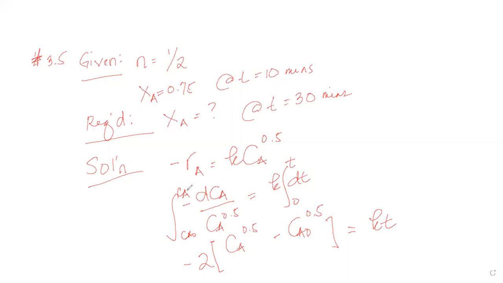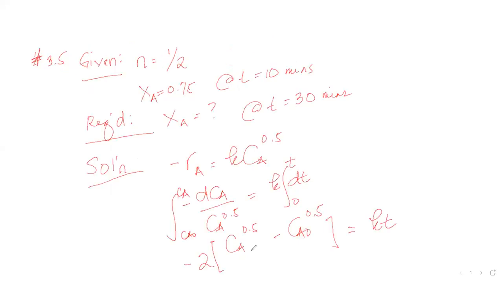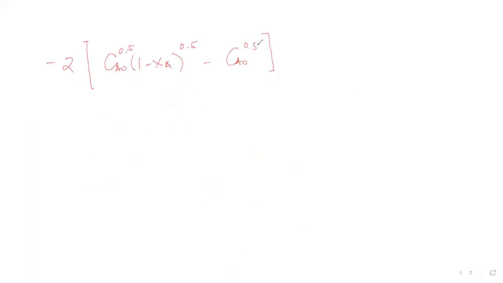Now, since we are given conversion XA, there's a need for us to convert the CA in terms of XA. So we'll go to our next slide. We'll have negative 2. I'll change my CA to CAO (1 minus XA), raised to 0.5, and I have here CAO raised to 0.5. Let me go back and share the original equation. So this is it. We change the CA to CAO (1 minus XA). This one we copy. And then, of course, we copy what we have on the right side, and that would be